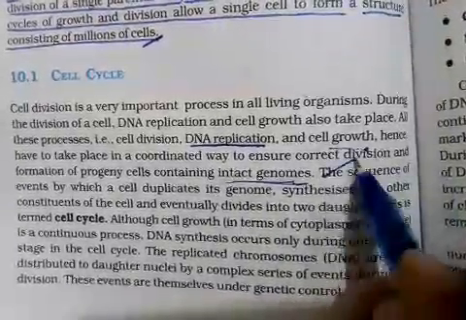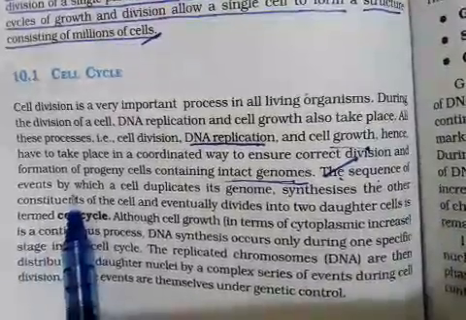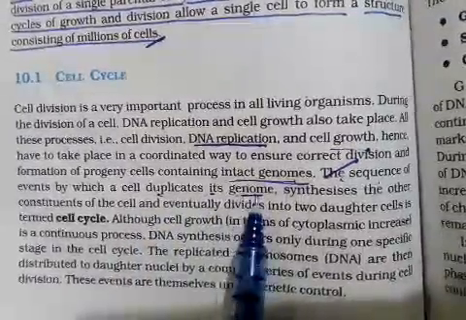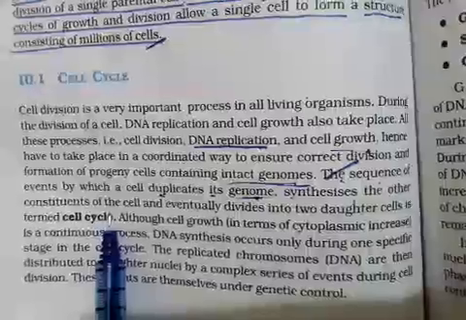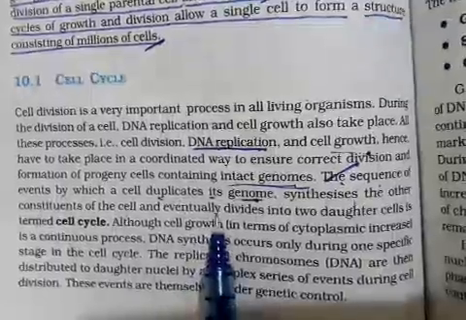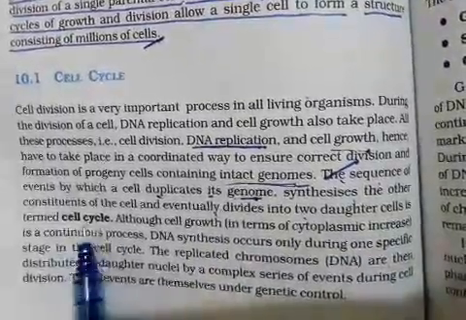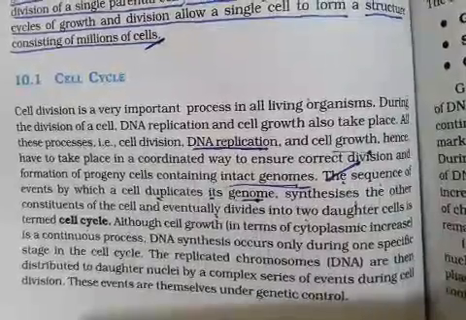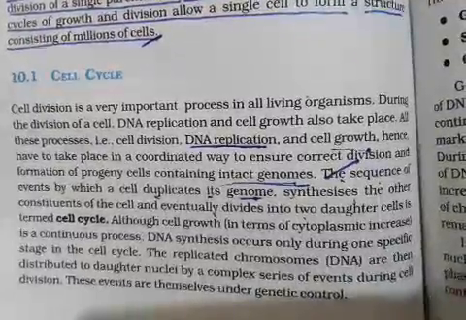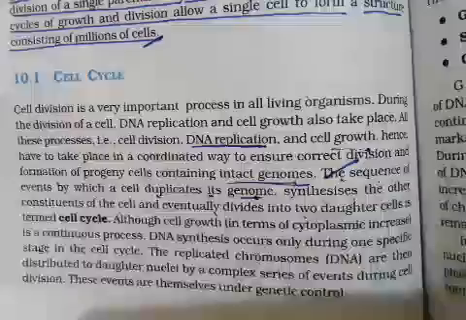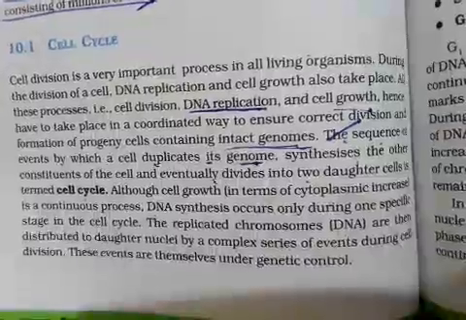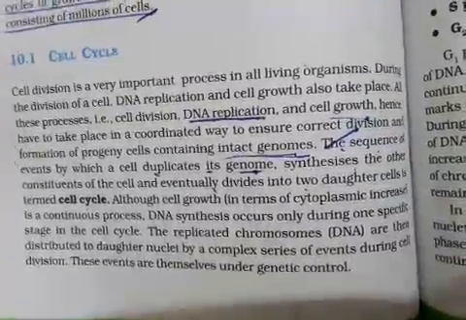So what is the cell cycle? It is the sequence of events, meaning the processes by which the cell duplicates its genome, that is DNA, synthesizes its constituents like proteins, glycolipids, carbohydrates and others, and then lastly, it divides into two cells. That is said to be the cell cycle. It comprises first the S phase in which synthesis occurs, then the G phases in which the synthesis of proteins and other material takes place, and finally the M phase in which the division of the cells takes place.